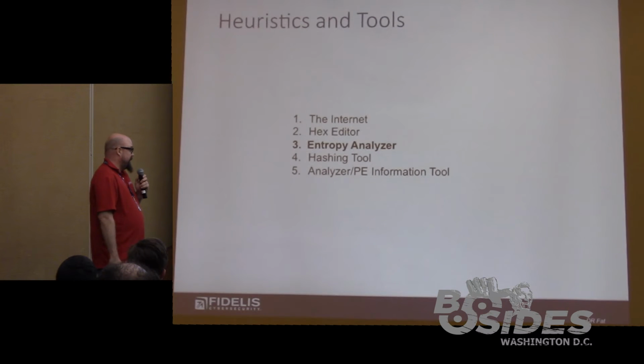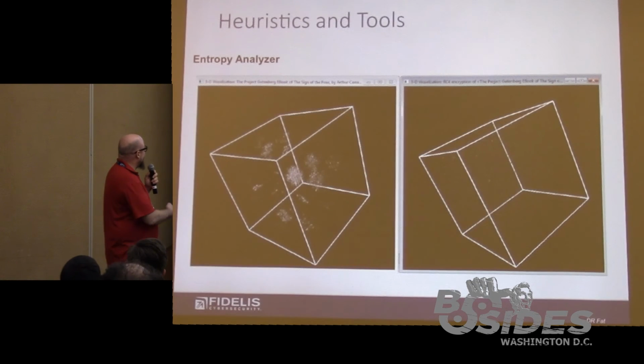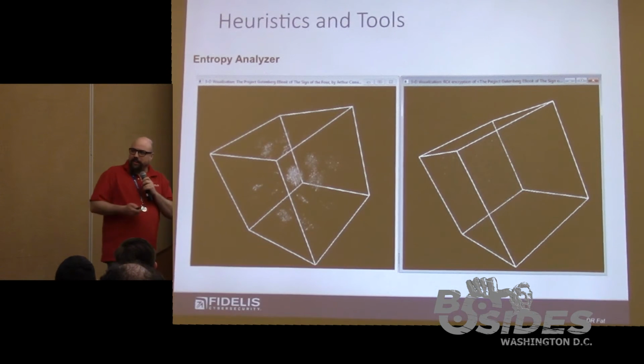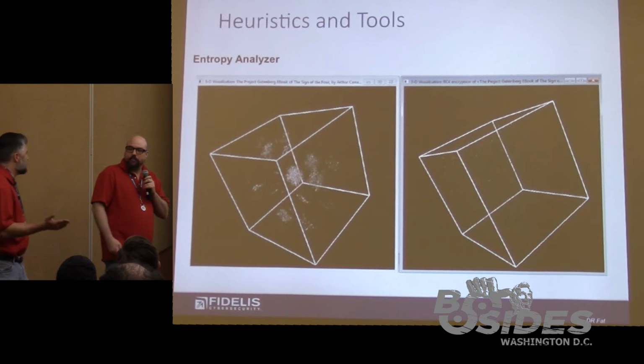The next thing you're going to need is an entropy analyzer. I don't know how many of you know entropy, so just bear with me. What you're looking at here is two files. This one's uncompressed, and this one's using a compression of some sort. And entropy is the measurement of order or disorder in a file. In information theory, it's actually, what is it, the natural order as well. Yeah, scientifically, it's natural disorder.